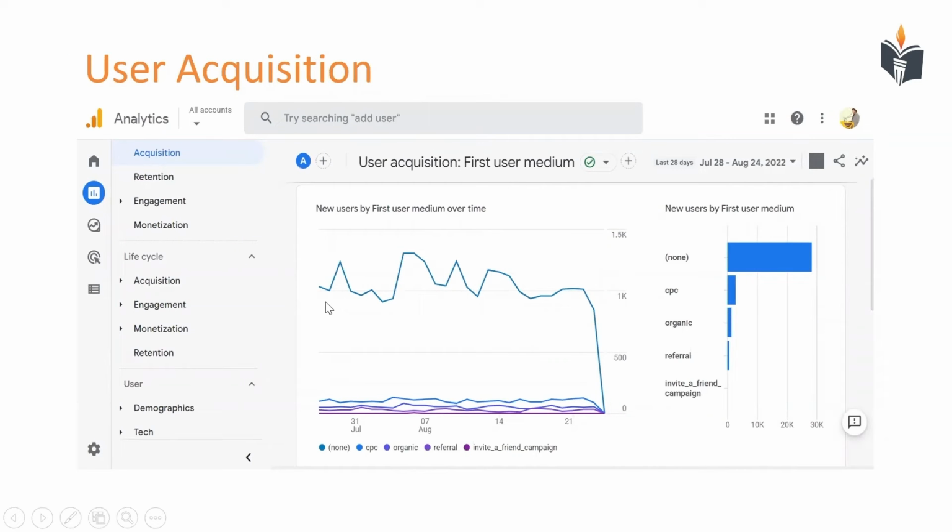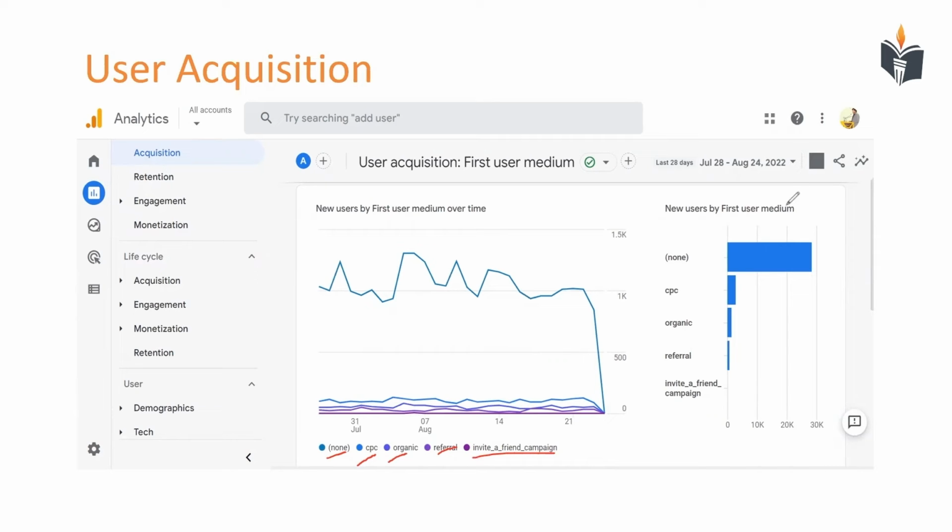That means how your users ended up on your website. Here we see that there are different mediums. CPC is cost per click or ads, then it is organic and referral and invite a friend campaign. So from here you can see how people are ending up at your website.